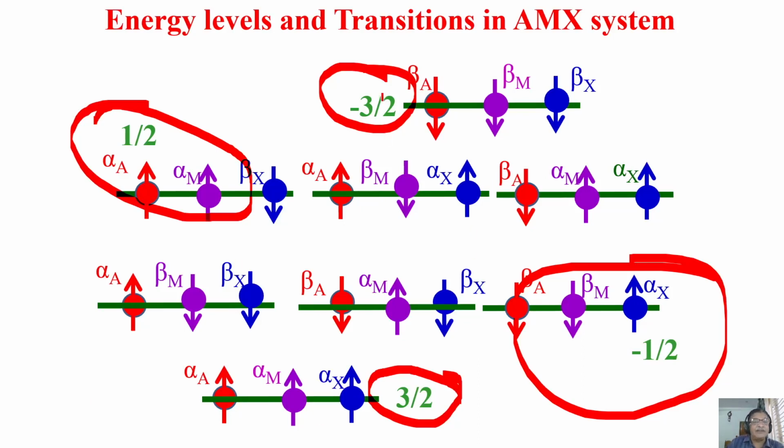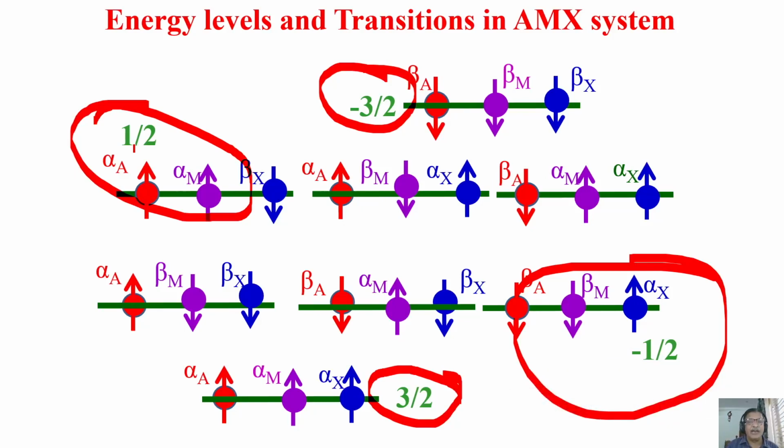Apply the selection rule. Minus 3 by 2 to half. Is it allowed? Of course it is allowed, because minus 3 by 2, if you take the difference, it is going to be 1. Or this way is also allowed. Similarly, this to this is allowed, and 3 by 2 to 3 by 2 is not allowed. So this to this is allowed. All these 3 states can have transition from this, and all these 3 states can have transition from this, because plus half to minus half, minus half to plus half is 1, is allowed. So there are various combinations of transitions which we can think of, what are allowed and what are not allowed.